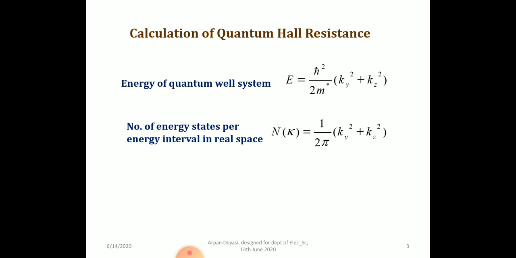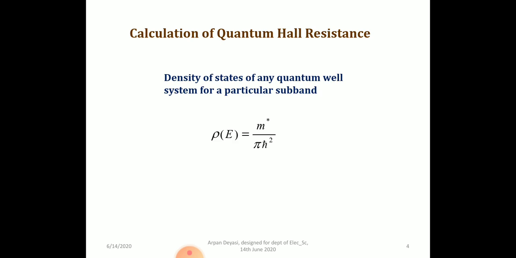So it will be kappa square by 2 pi. I am substituting that. So what will be the density of states for a particular subband? You know the calculation, it will be m star by pi h cross square. And at that time I showed you that this is the working formula. So once you get that,